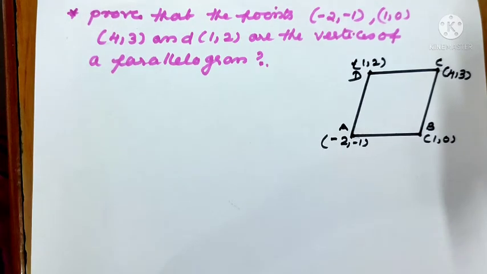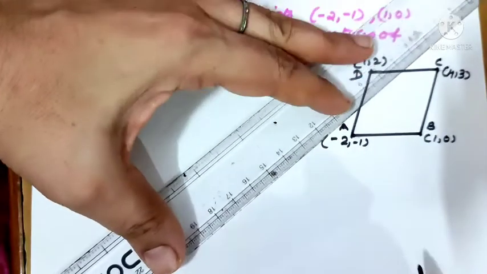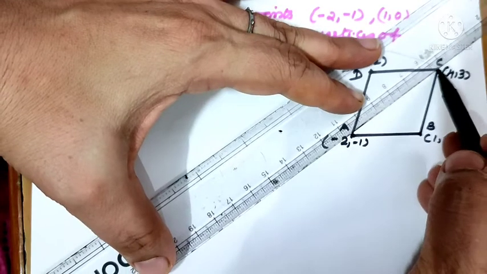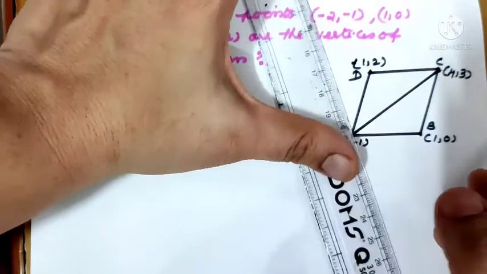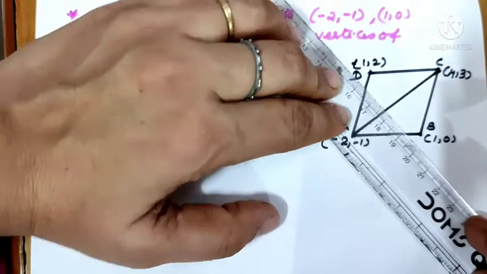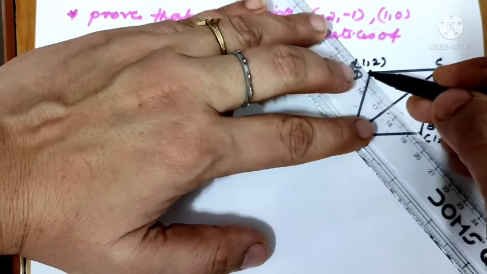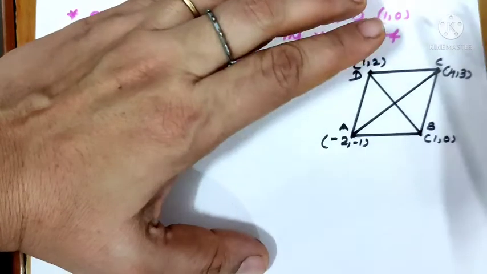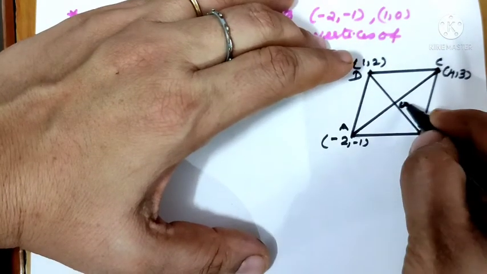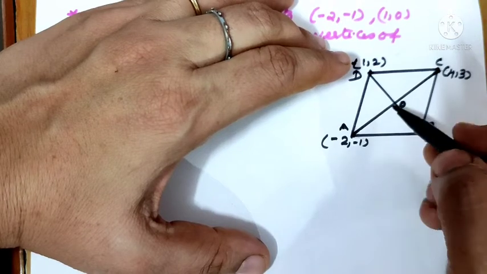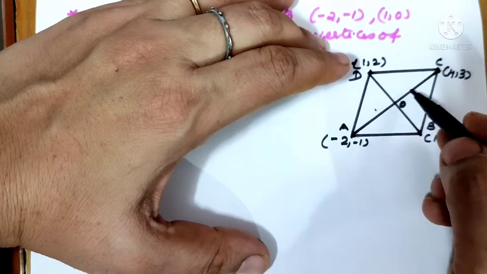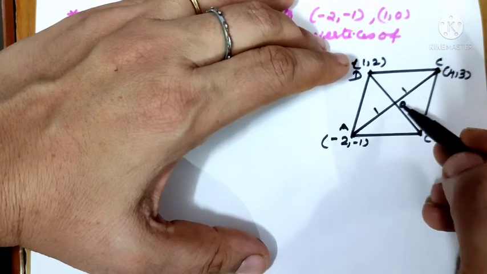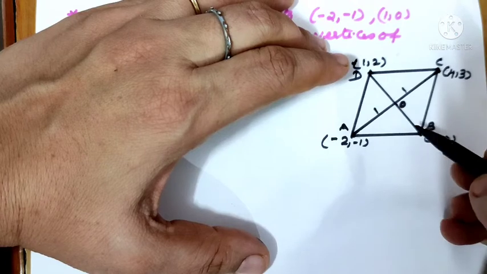We already drew a diagram, and if it is a parallelogram then the diagonals can be joined, and we know the property of the diagonals, that they bisect each other. If they bisect each other, it becomes a midpoint, right? What is the midpoint of AC? It is the same as the midpoint for BD also, right? So let it be O only. AC bisects BD, and BD bisects AC, 1:1, which means O is the midpoint.